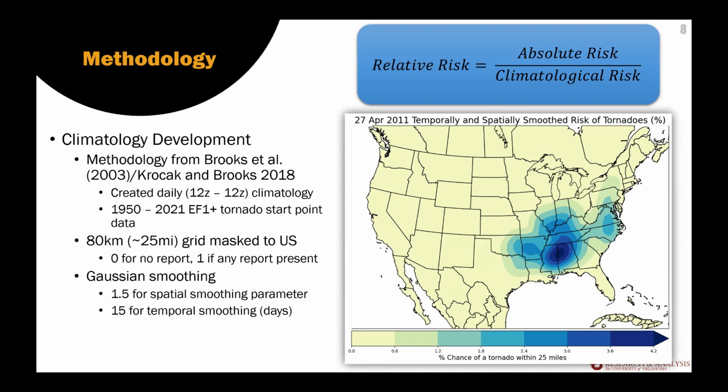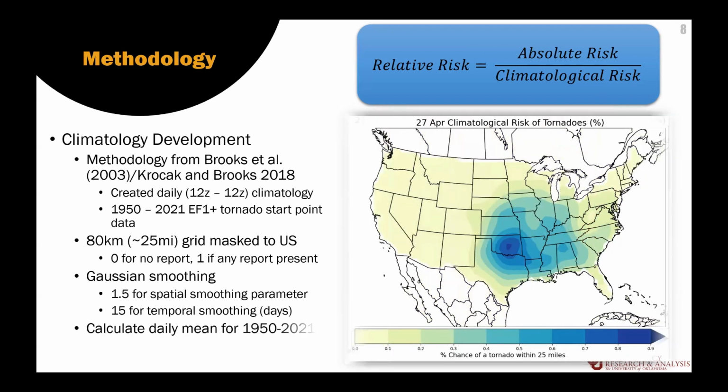So for this day, which is April 27, 2011, you notice there's some probabilities that increase in North Carolina as well as Arkansas. That's because there were tornado outbreaks on the days surrounding that April 27th event. And that's why these are showing up when we've smoothed our data temporally. Finally, we take all those temporally smoothed days across that 1950 to 2021 data set. We find the mean and then spit that out on this lovely little graphic here. And this is our climatology that we use for every single day of the year. We have 366 days because we include leap year days, so February 29th,